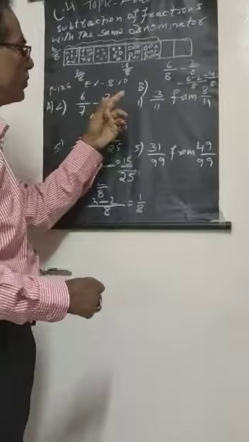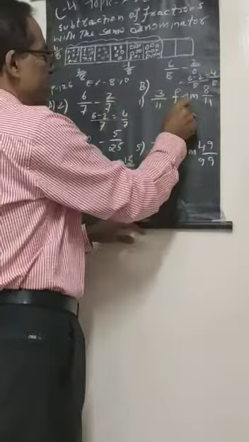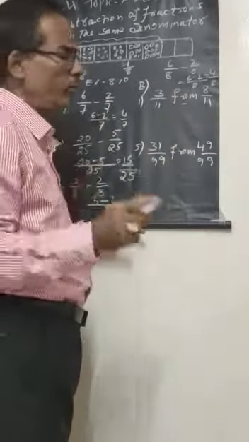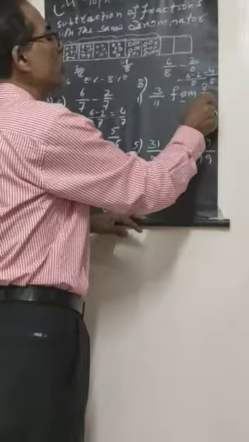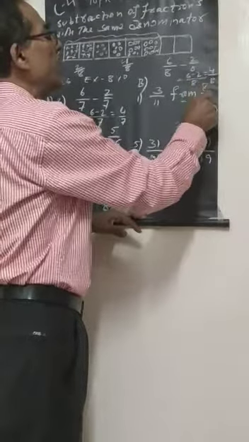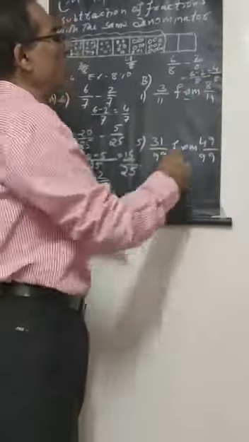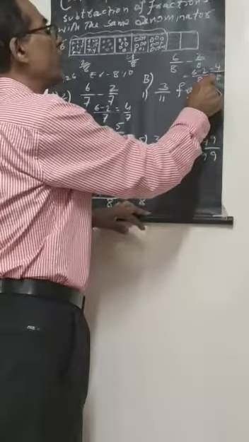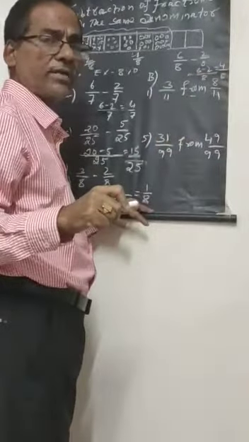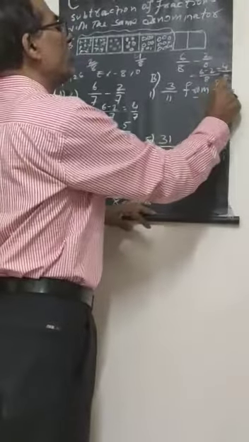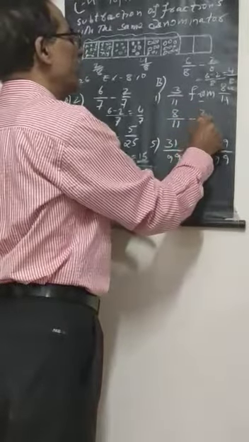Now section B is like this. Here instead of the subtraction sign, the minus sign, they have given "from". If "from" is given, then what to do? "From" means this is 8 by 11. From here, this is your total shaded parts. Total parts is 11, but total shaded part is 8. From total shaded parts only you can subtract, no? So you have to write in the beginning 8 by 11 minus 3 by 11.